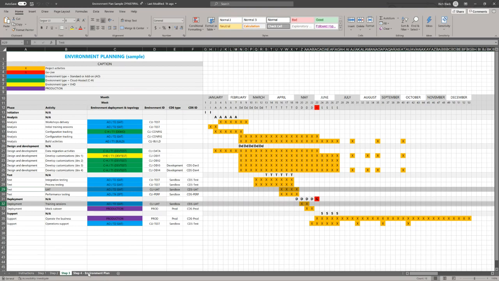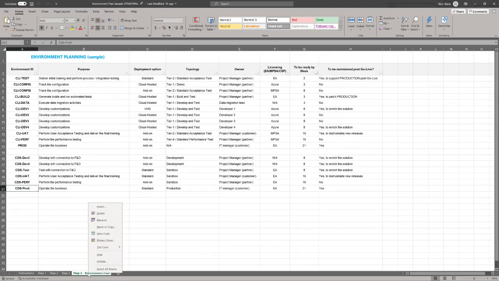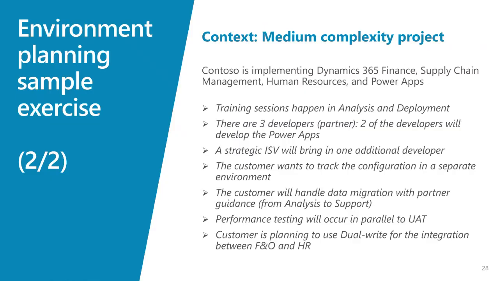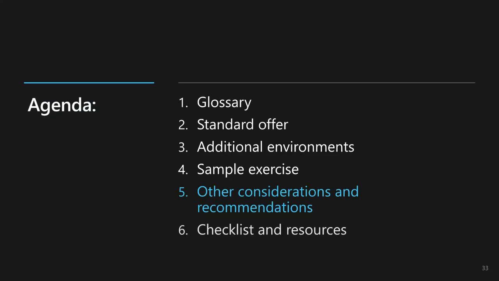So again, this spreadsheet will be made available to you along with this recording and the slide deck. And at this point, I will hand it back over to Rachel, who is going to discuss some additional considerations and recommendations. Thanks, Rich. So I want to get started by talking a little bit about the process